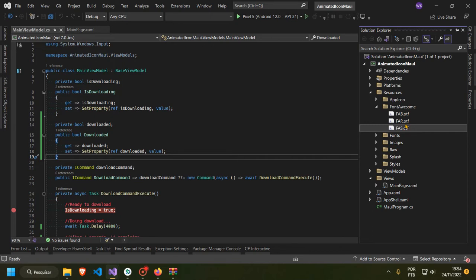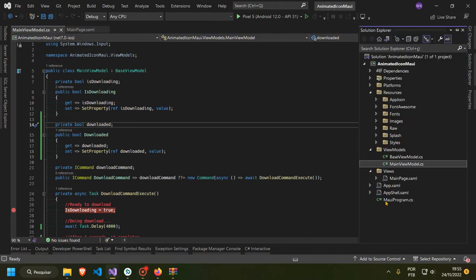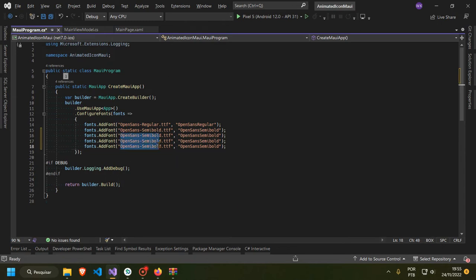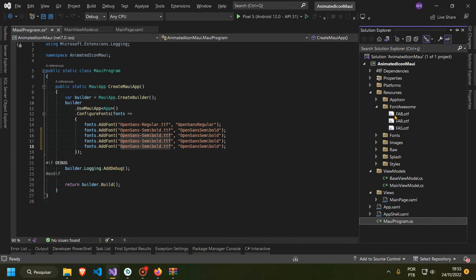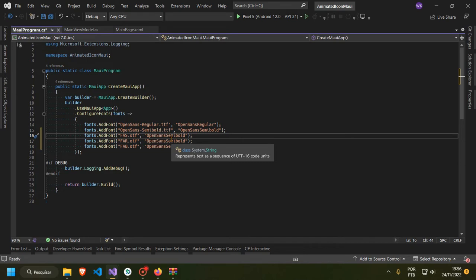Okay, now we must use these fonts in MAUI. Open MauiProgram.cs and add those 3 fonts. On the first parameter of AddFont, you need to specify the name of the file. In this case, we have the FAB, FAR, and FAS OTF. Let's type those. On the second parameter, we must specify the alias. So I like to specify the name of the file. In this case, FAS, FAR,